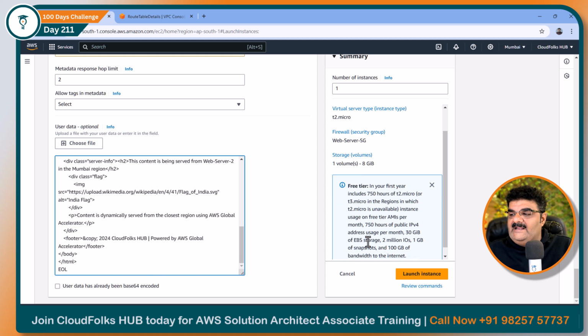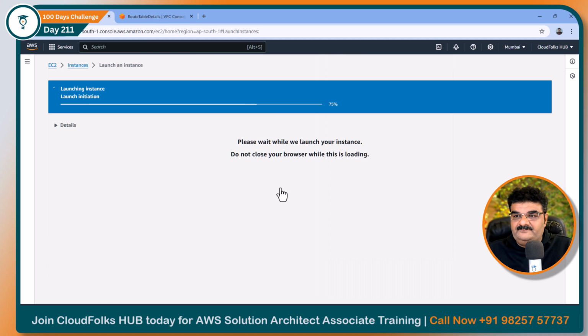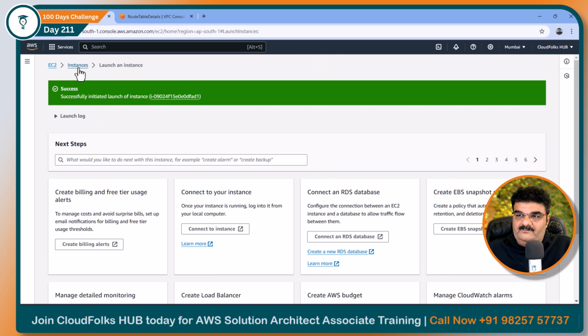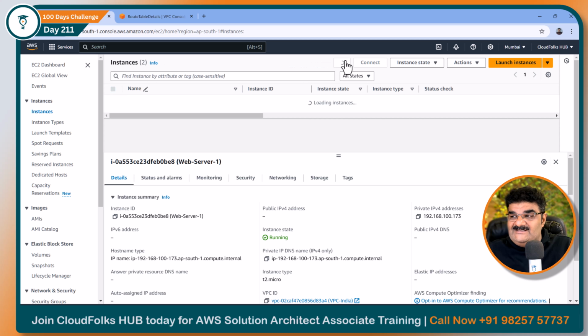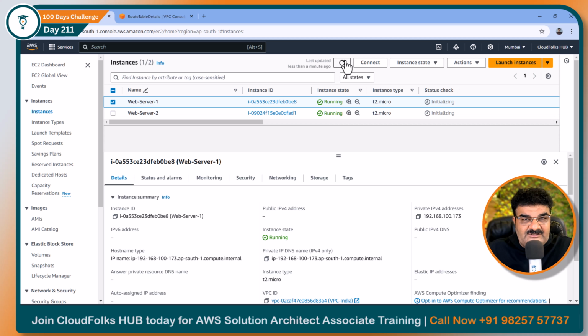Done. And now let's click on launch. So I just launched 2 EC2 instances. Now this EC2 instance having a web server and everything is done, but it will take some time. Another thing is, because these EC2 instances are in a private subnet, I cannot test this right now. I'm not able to access this website right now. Okay. So in order to access this website, I have to set up a load balancer, and then we can verify